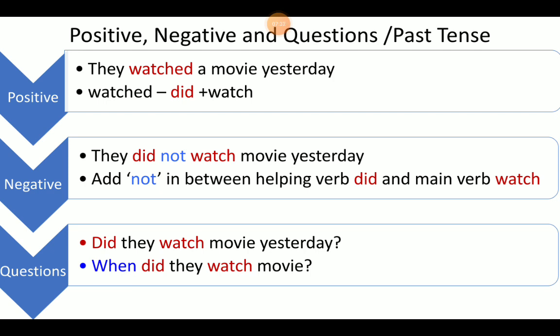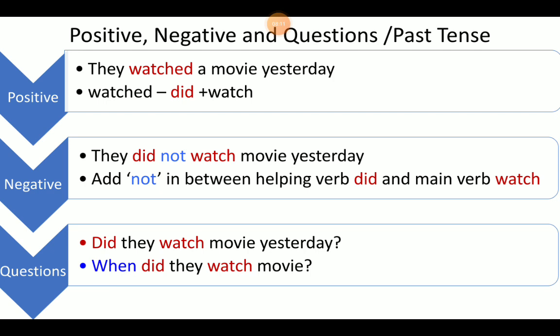How to split it? So the auxiliary verb, that is the helping verb, did is being hidden here. If it is present tense, the helping verb hidden is does. If it is past tense, here in this case it is did. Okay, keep it in your mind. In case of past tense, the helping verb hidden within the main verb is did. So how to split it? Did plus watch, right?